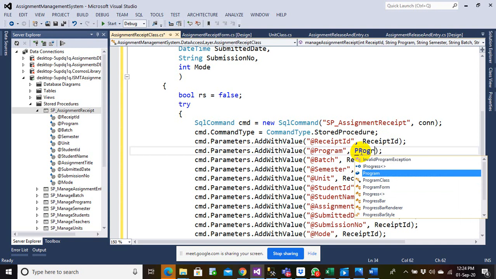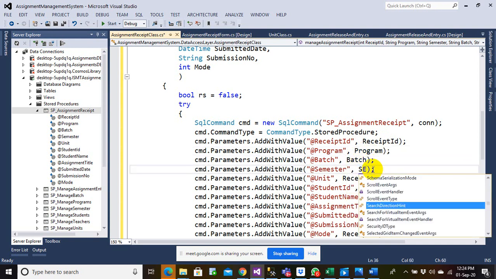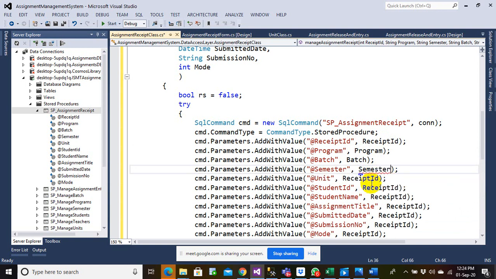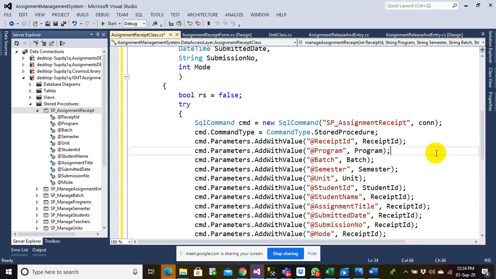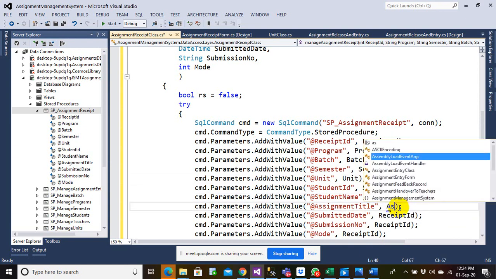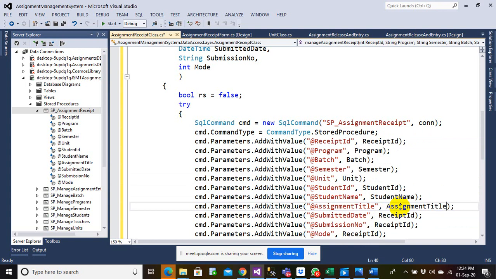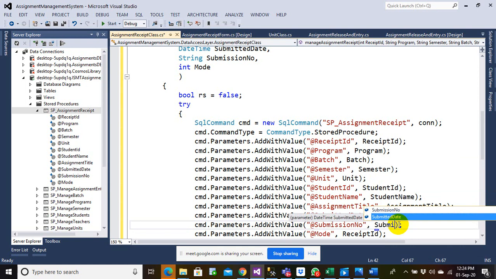Program, batch, semester, unit, student ID, student name, assignment title, submitted date, submission number, and that's the mode.